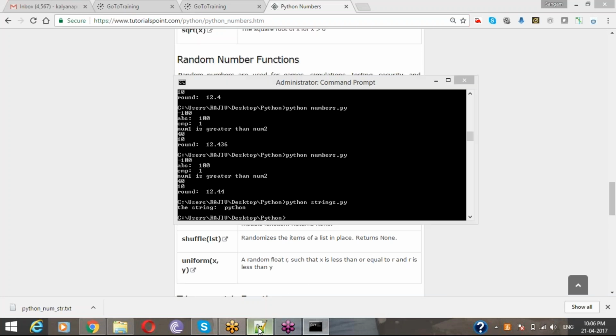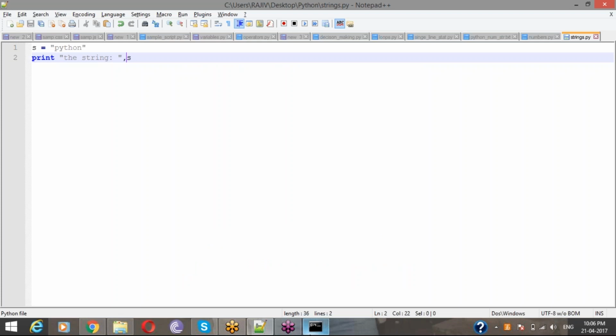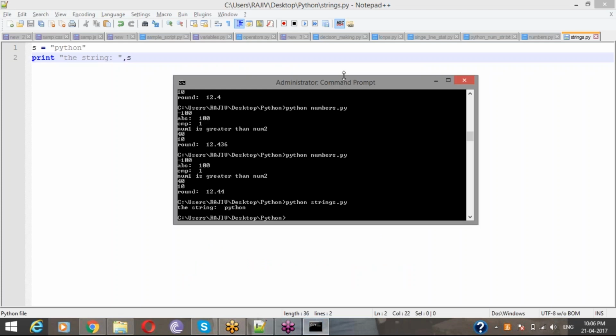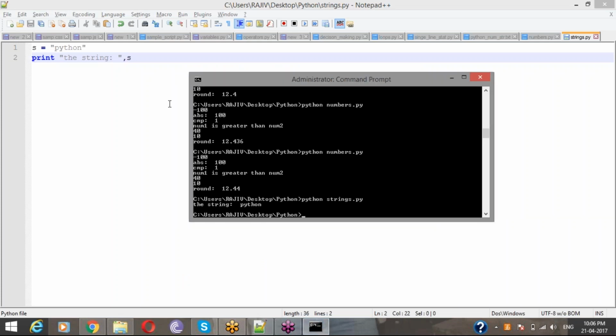Yeah, strings. You can see the output as the string of yes. Okay, so strings will be defined in